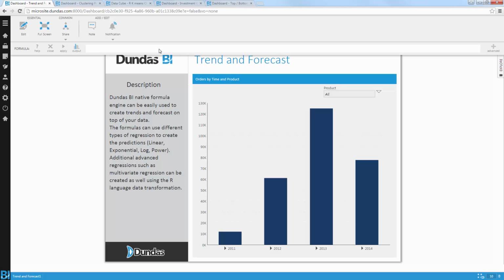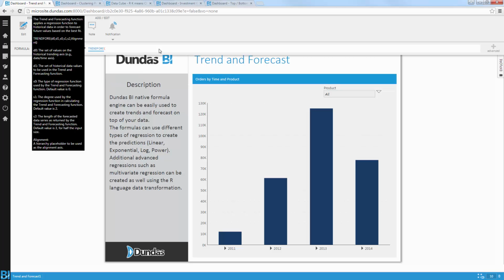And now I can just type in any expression that comes to mind that makes sense in order to help me analyze this data. So for example, I can do things like summations, averages, which are common functionalities, but I can also do advanced functions like the trends and forecasting one that will allow me to predict how my data will behave in the future. You can see as I'm using the expression, it will allow me to use different types of forecasting algorithms. For example, I can use linear regressions, exponential, logarithmic, and power regressions to predict how this data will behave in the future.